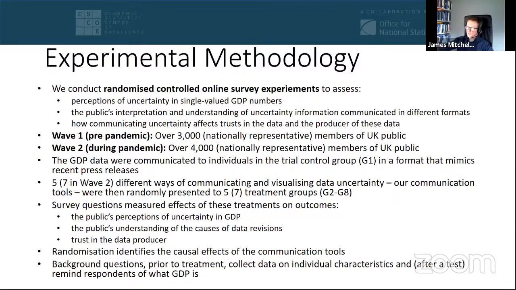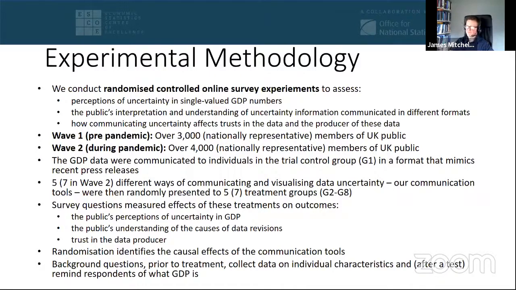So what we're going to do is split the public into the control group and the different treatment groups: 5 treatment groups back in wave 1, 7 treatment groups in wave 2, and each of these treatment groups is going to be presented with what Anna and I call a different communication tool. I'll give you a visual impression of what those communication tools look like in the subsequent slide. But how the survey effectively works is, we have 9-10 initial questions